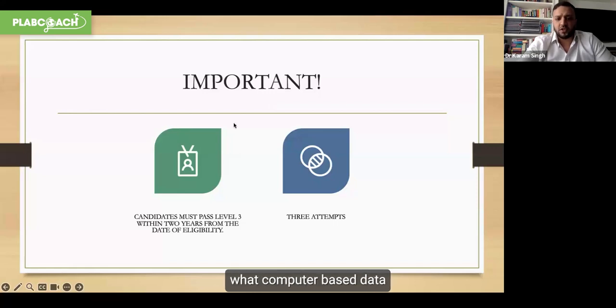Pariko said, "Could you please explain what computer-based data?" And we're coming on to that, my friend. Okay, so I'm gonna build up to that. Okay,